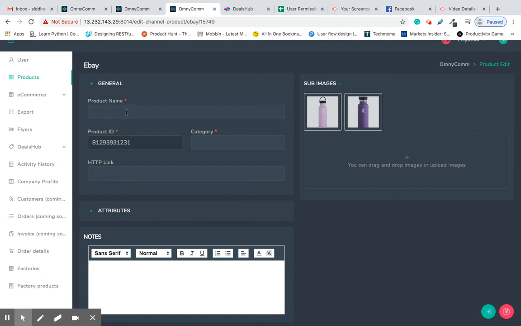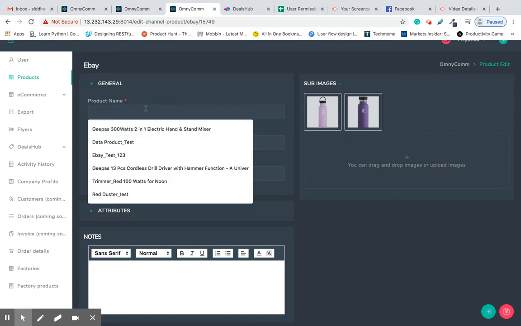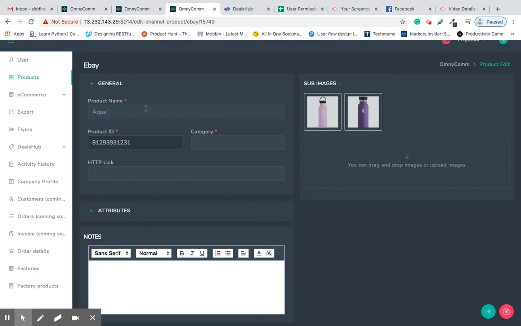But when we add this product to something like Amazon or eBay, then we make it more descriptive so that it's easier for the user to search by that. So blue flask would be called something more specific, like aqua blue flask,